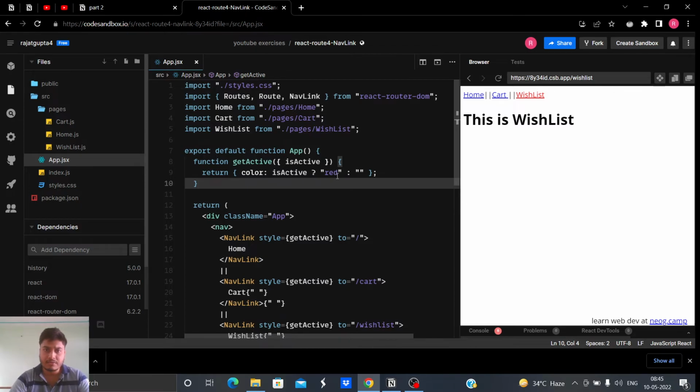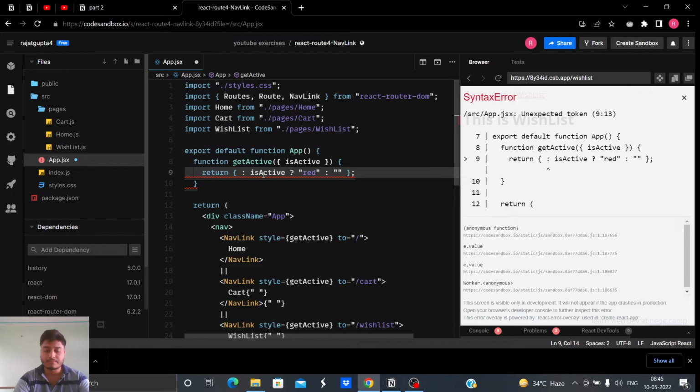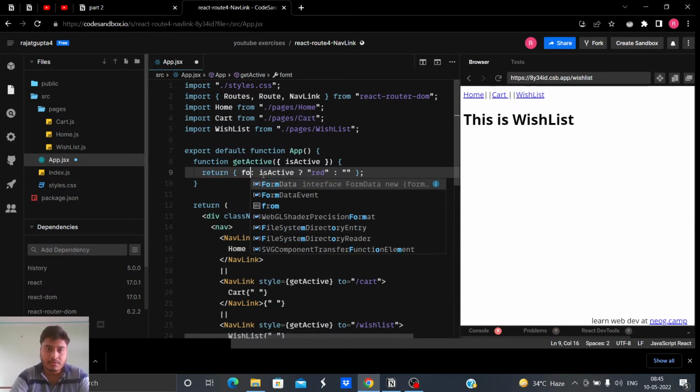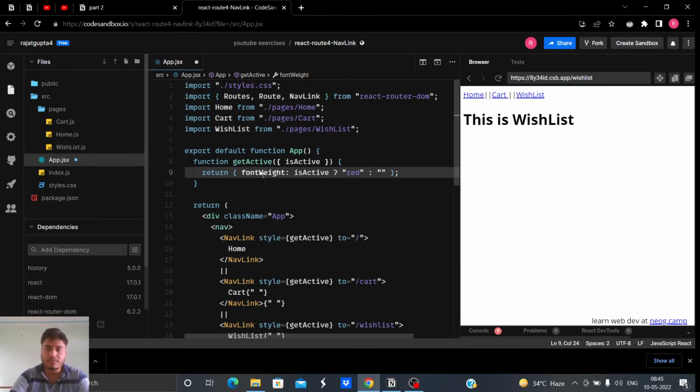Or we can do this also: instead of color, let's say font weight, let us make it 800.